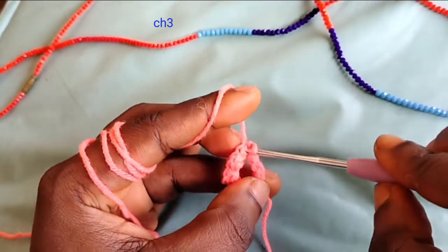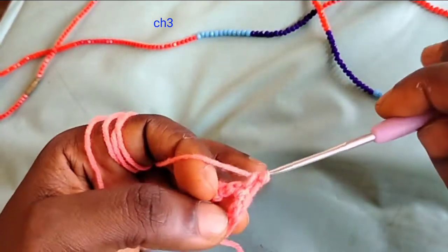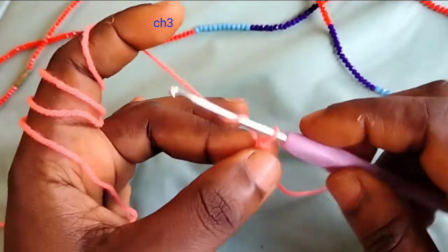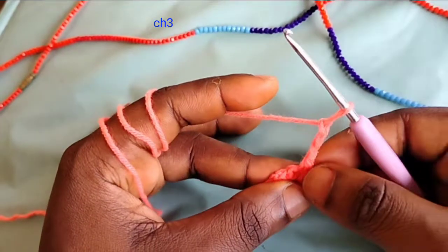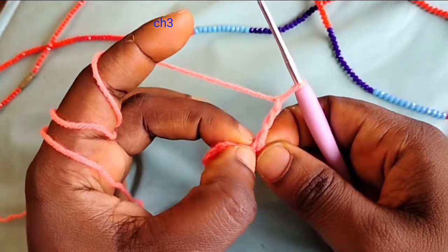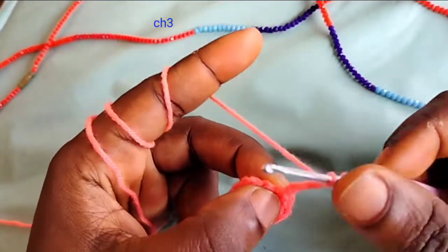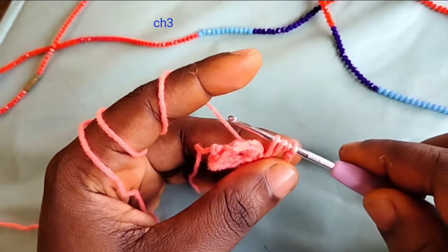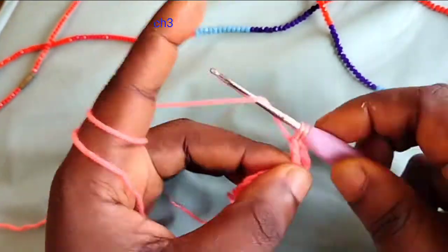Inside your hook, make a single crochet, chain 3, make a treble crochet into the single crochet you've made. Yarn over 2 times, insert your hook, yarn over, drop 2 loops, drop 2 loops, then drop the final loop,